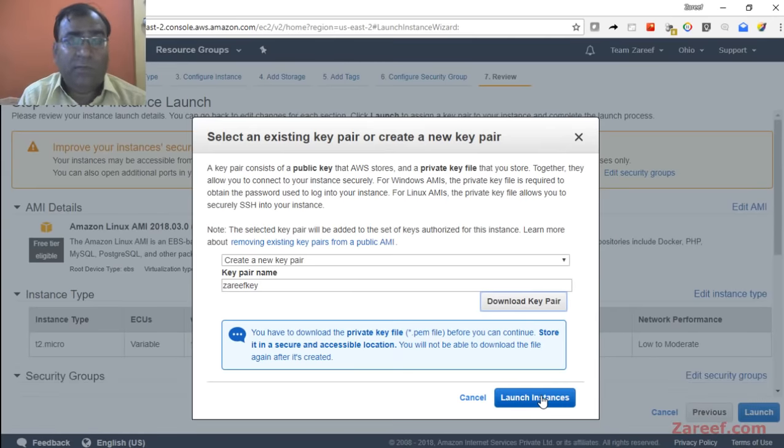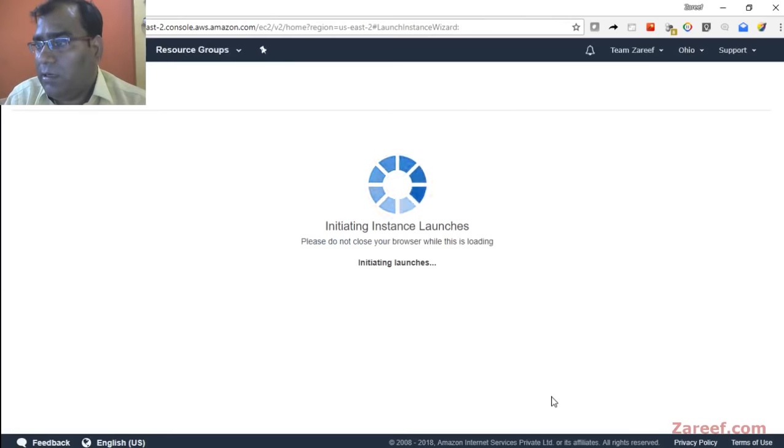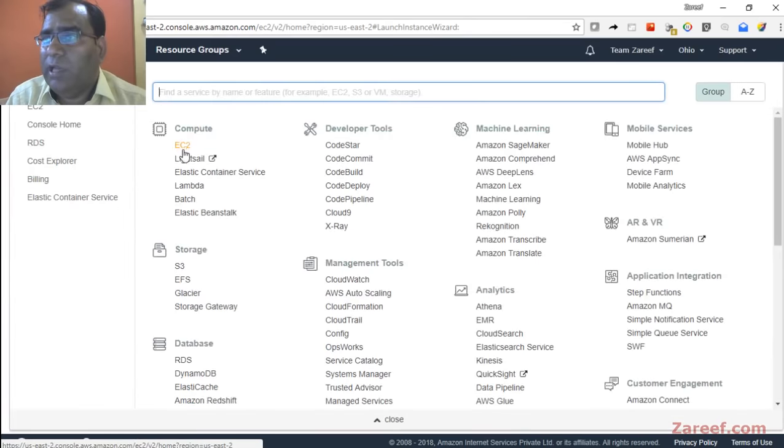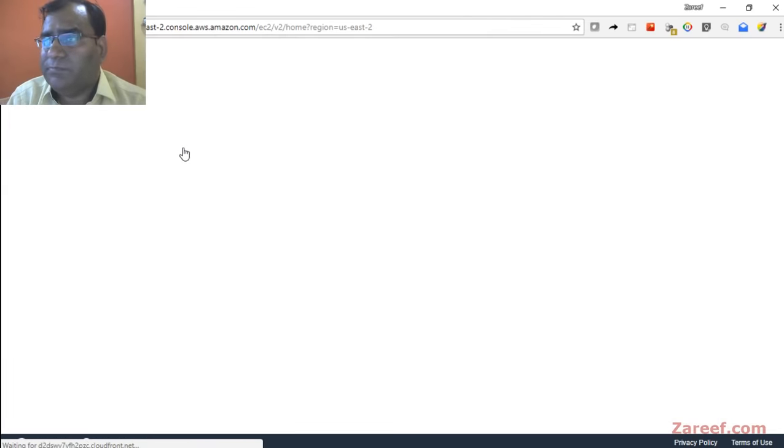You need to keep this in mind: if you lose access to this key, your access to this machine is lost. There isn't any way to go into this machine again. So let's see, launch instance. Okay, while it is being launched,